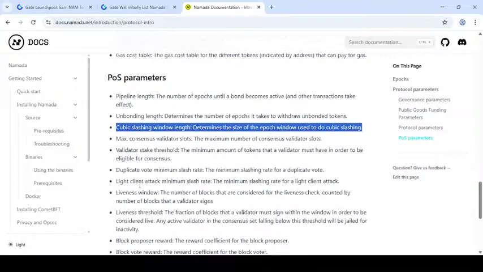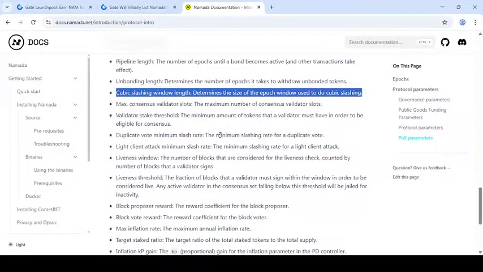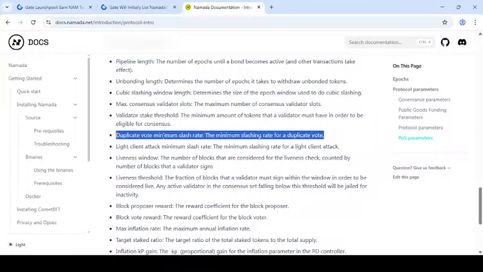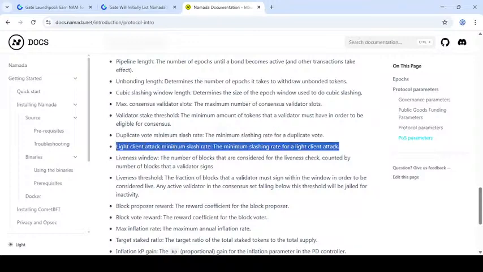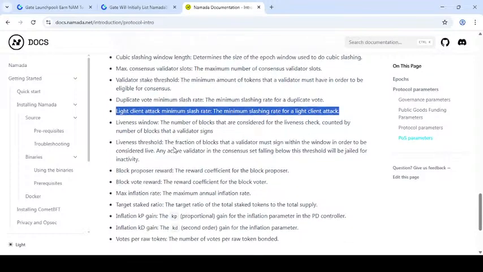Unbided lens and ticuments and the fat issues and unbent tokens are rapid sensing window lens and most are to inbuilt bonus and duplications and means own minimum to cells salas rate, the minimum slashings and for stated post and the light protein and the attack minimum solar rate and the minimum slashing rate and for light clean attack the luminance.